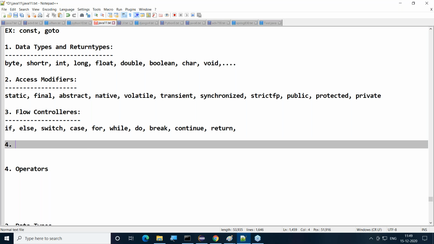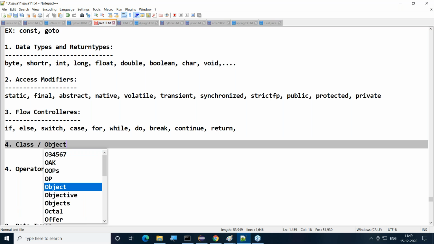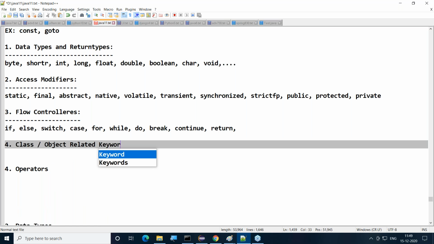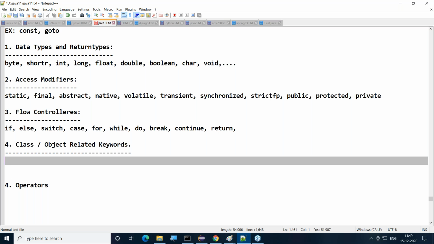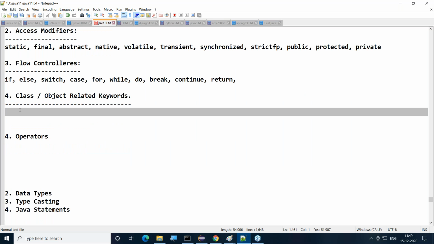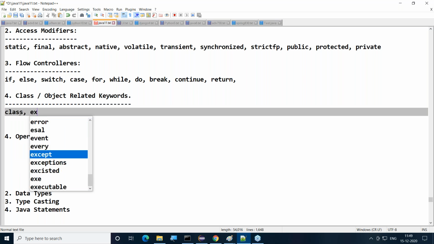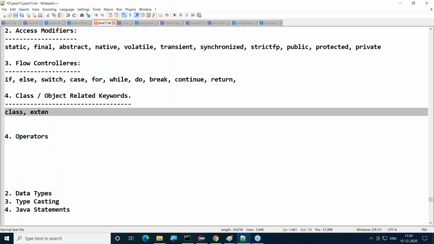The next one is class or object related keywords. What about these class or object related keywords? What can we identify there? We can understand it. Say, for example, class keywords: extends, class extends. Then after this,